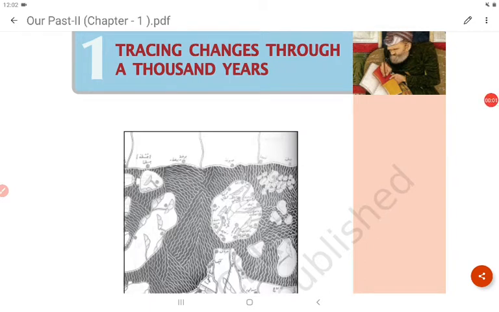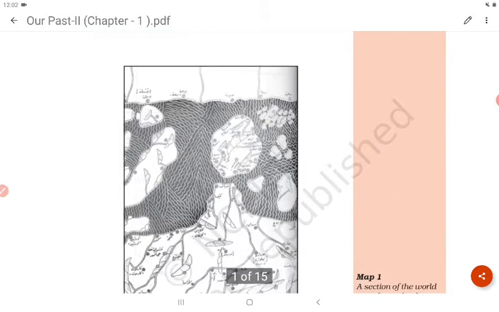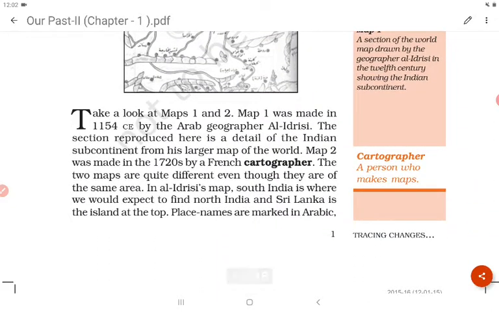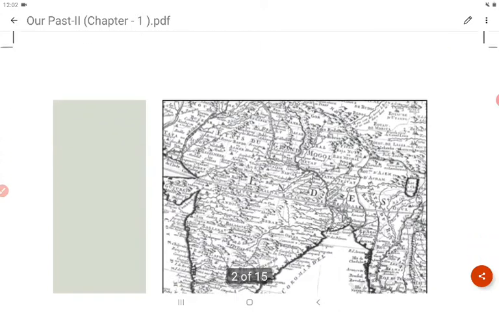Hi guys, before we start chapter number 2, let's recall what we learned in chapter number 1, that is tracing changes through 1,000 years. So who is a cartographer? A cartographer is a person who makes maps. Then